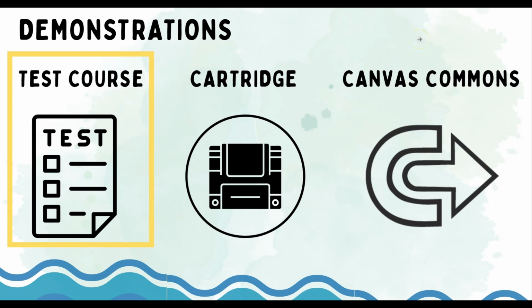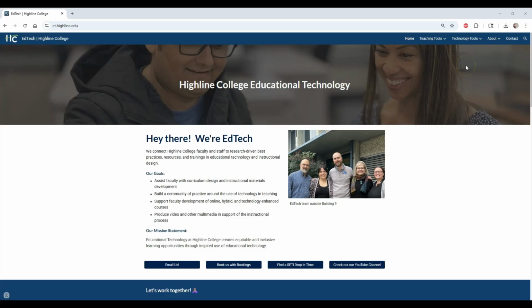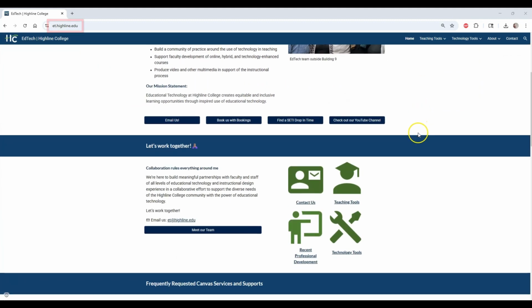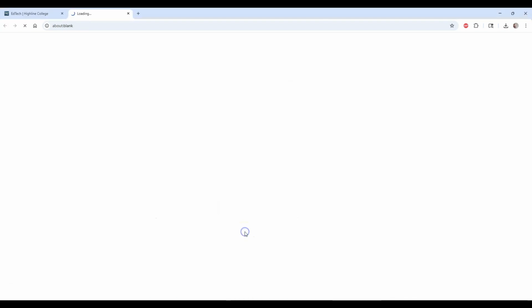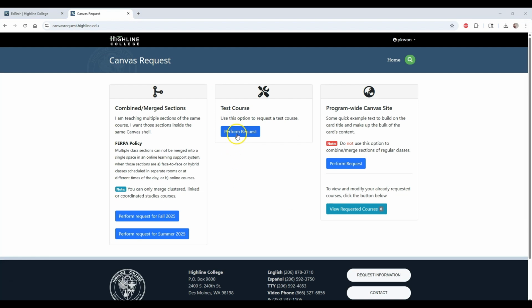Let's go ahead and get into some demonstrations of these three methods. We'll start off with a test course. I've opened up a web browser, and in the URL bar, I typed in et.highline.edu. Once you're here, you'll scroll down and go to this option here that says Combine Sections and Request Test Courses. When you're at this screen, click Perform Request under Test Course,